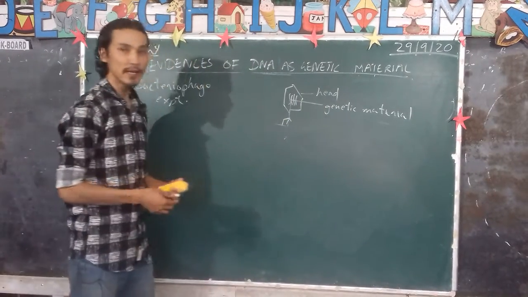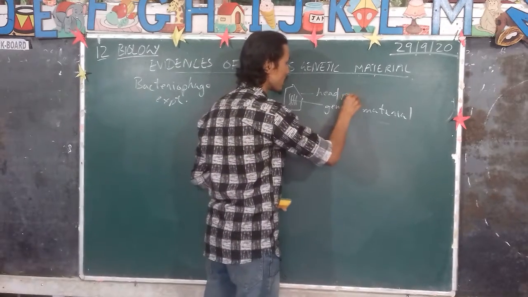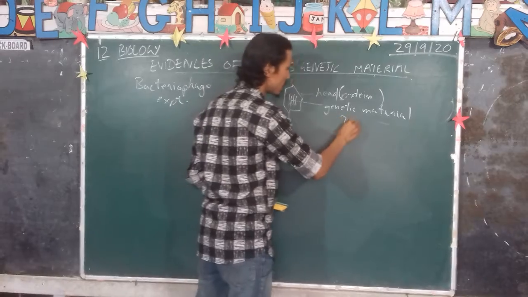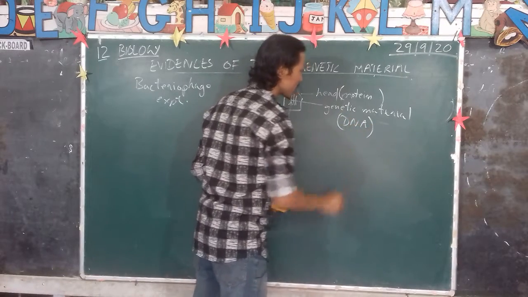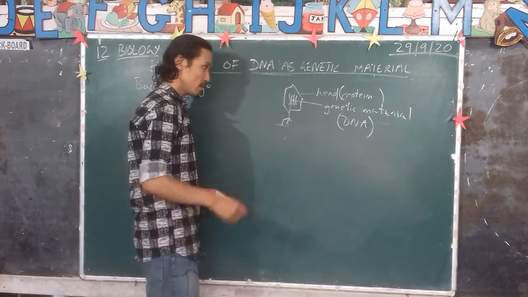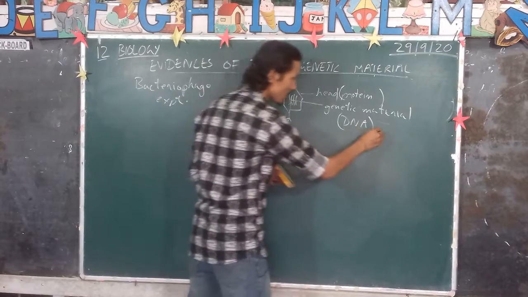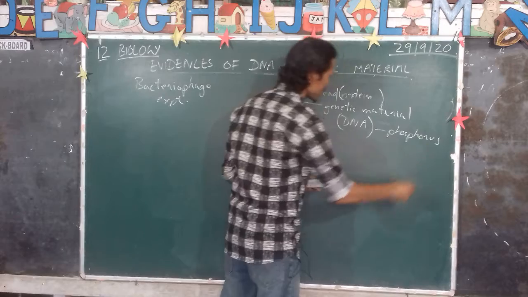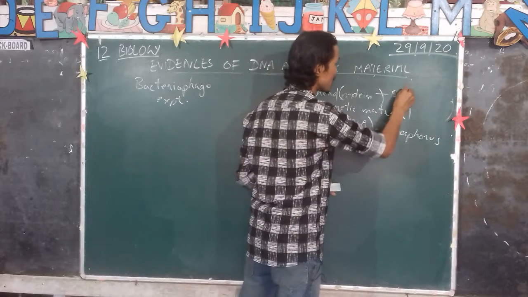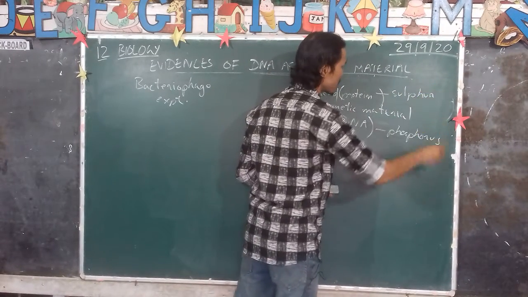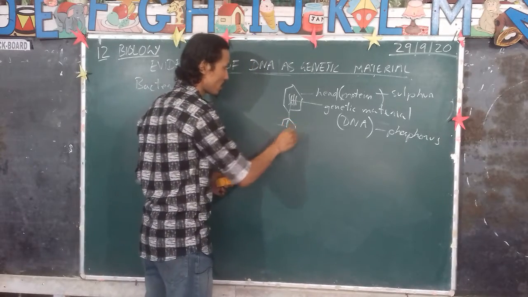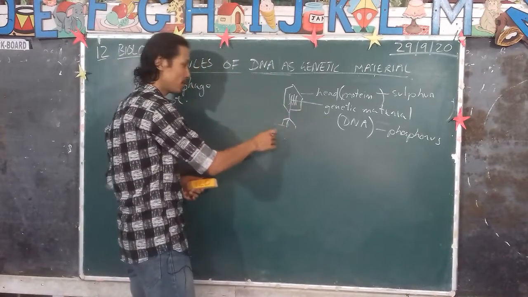Now the head is made up of protein, and the genetic material obviously contains DNA. Now DNA has phosphorus and protein has sulfur. So what Hershey and Chase did was, they grew this bacteriophage